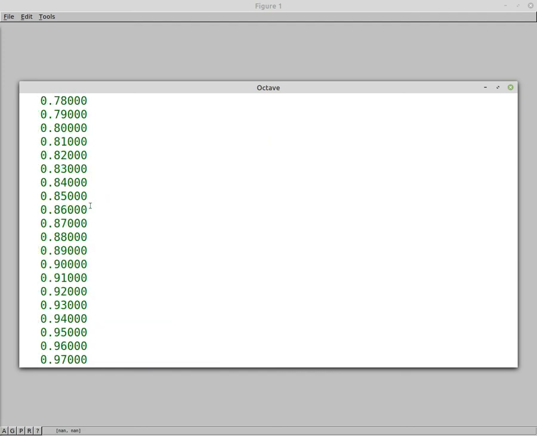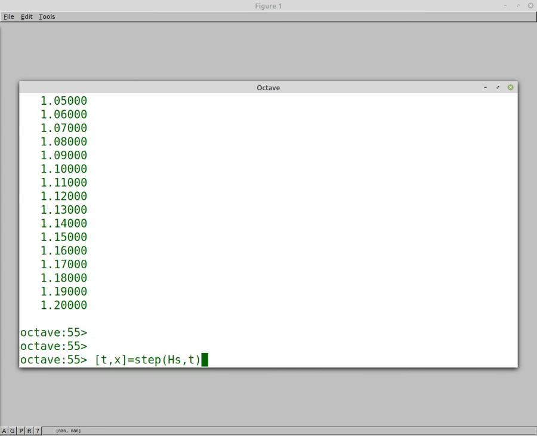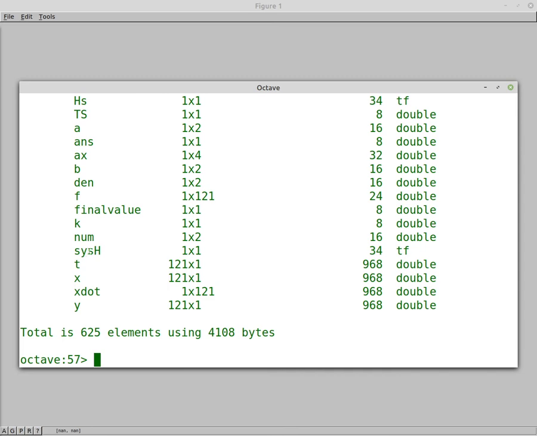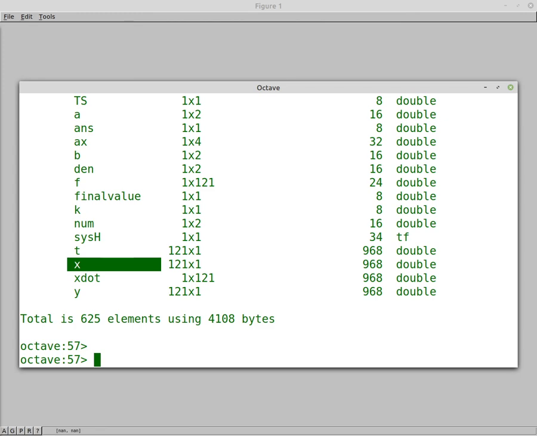All right, and so when I do this, I'm going to leave off the semicolon, and you can see it's just dumping out the values. If you put the semicolon, of course, it won't dump them out, but remember the whos command, we can see them there. Okay, and so I have my x value and my t value. Actually, I never cleared it from before, so I have a bunch of other stuff in there too. But now I'm going to plot t comma x,